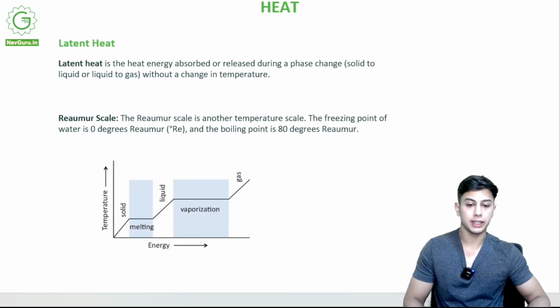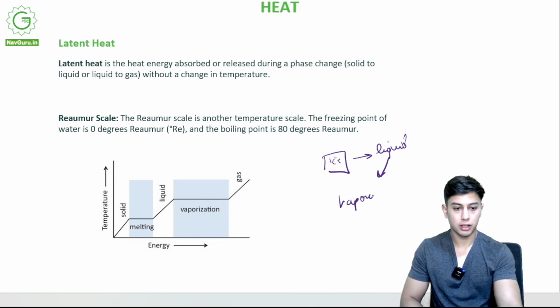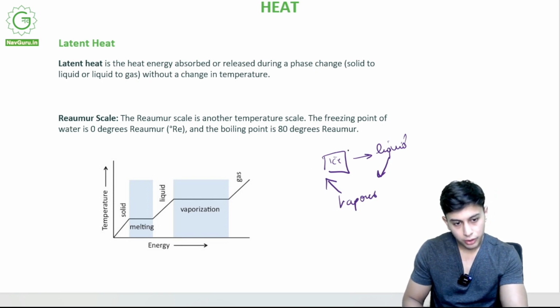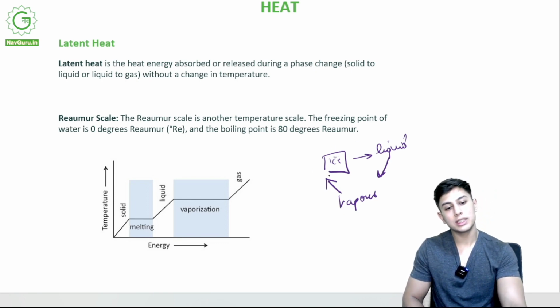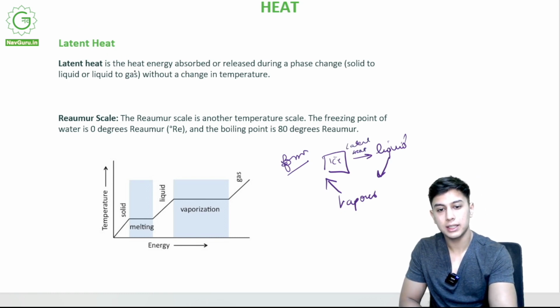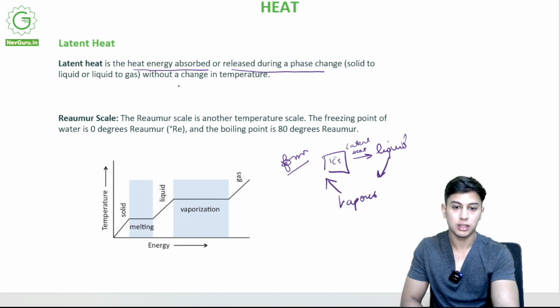Latent heat. What is latent heat? You all have seen various forms of water: ice, liquid, vapor. Again, it can go back to ice. That cycle you all know. The amount of heat that is utilized to change this form is latent heat. Latent heat is the heat energy absorbed or released during a phase change without a change